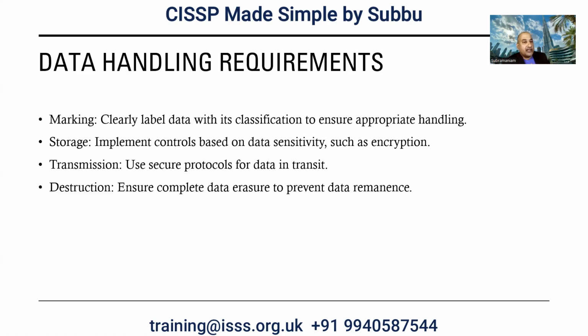So wherever the data is at rest, in transit, or in use, all of these come under the scope until the data is literally destroyed. Destruction also depends upon whether it is an HDD or SSD. For HDD, you have AC degaussing, DC degaussing, overwriting, and physical destruction, which is not possible on the cloud, because in the cloud we have to go for crypto shredding. But for solid state devices, you have to go for an ATA secure wipe. So destruction has different methodologies depending upon what sort of storage you are using, whether a traditional IT environment or a cloud-based environment.